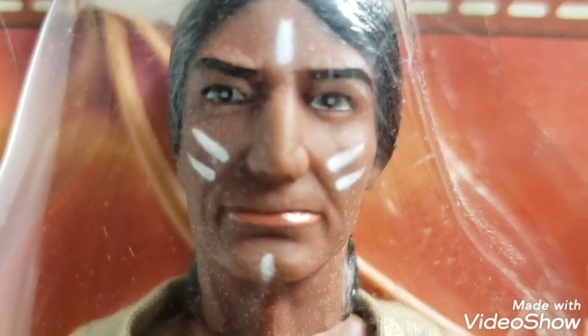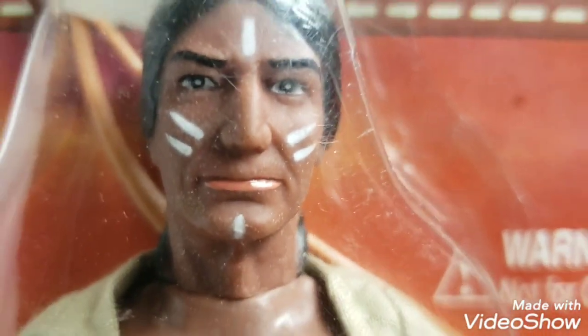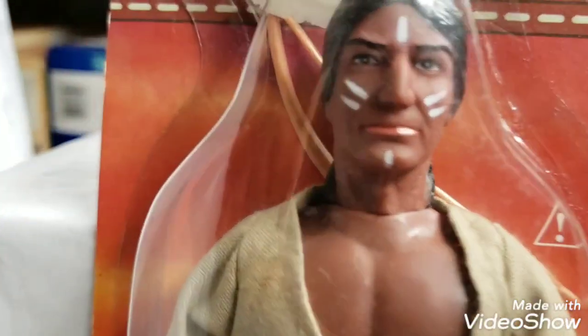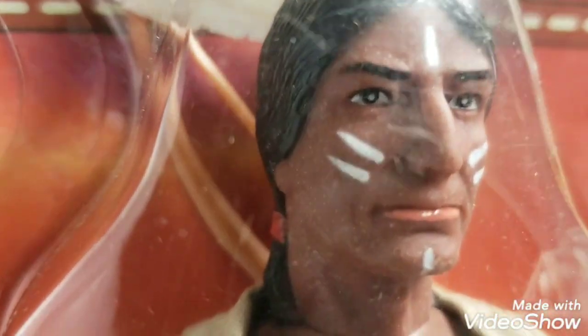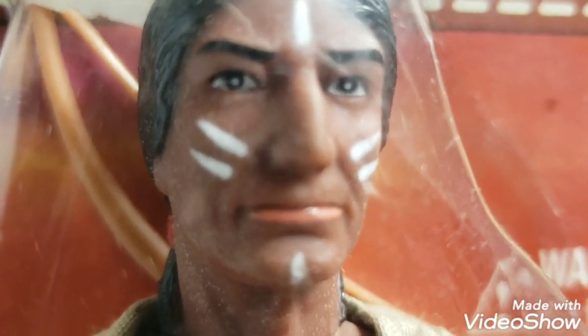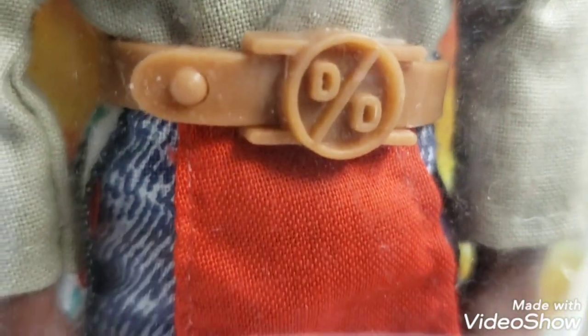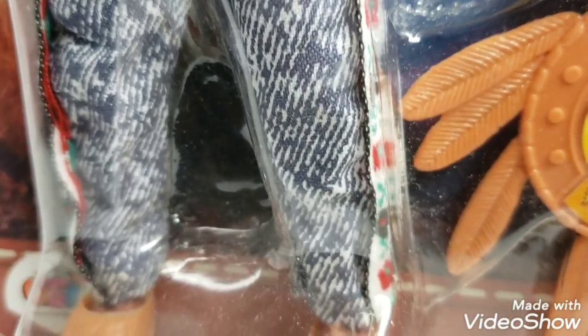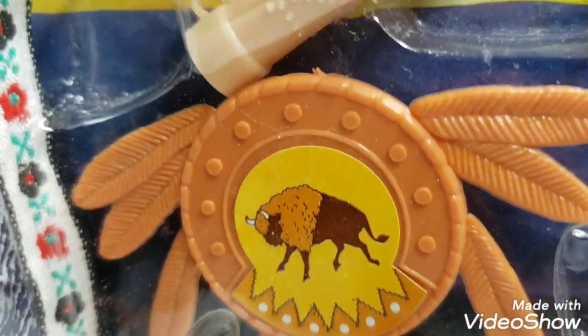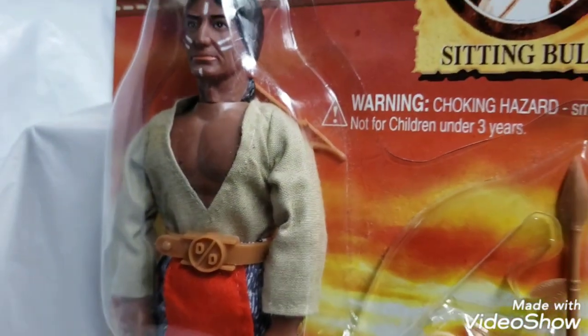Guys, what do you think of our American Frontier 8-inch Sitting Bull action figure? Do you have this figure? Do you remember this figure? Guys, I don't remember this toy line from the 1990s. I was purely into G.I. Joe at the time, and maybe comic books and a few other toy lines, like the 12-inch Star Wars figures. But for the most part,